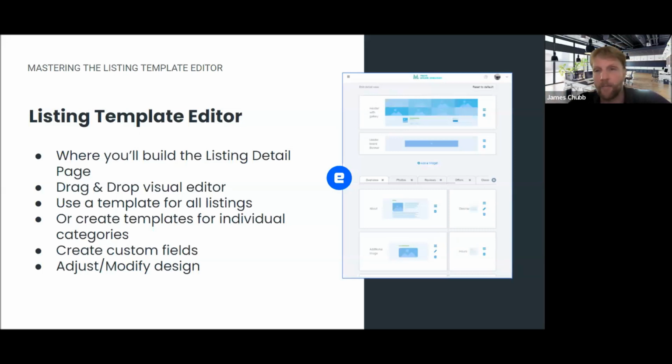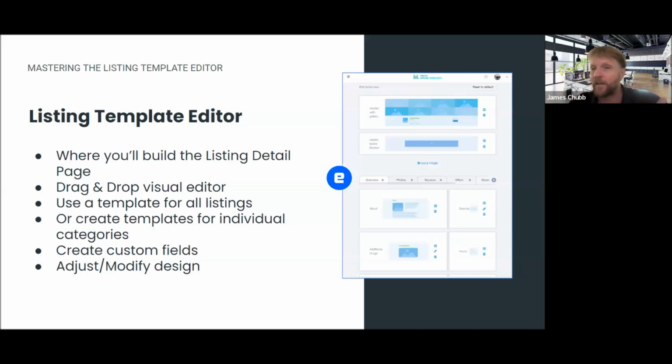So you can create a template, basically a default template for all listings. It's actually pre-created in the system after initial setup as a sort of default, and then you can create individual templates for individual listings. So say you're doing a local search, you may have a general business listing that covers everything, but then you